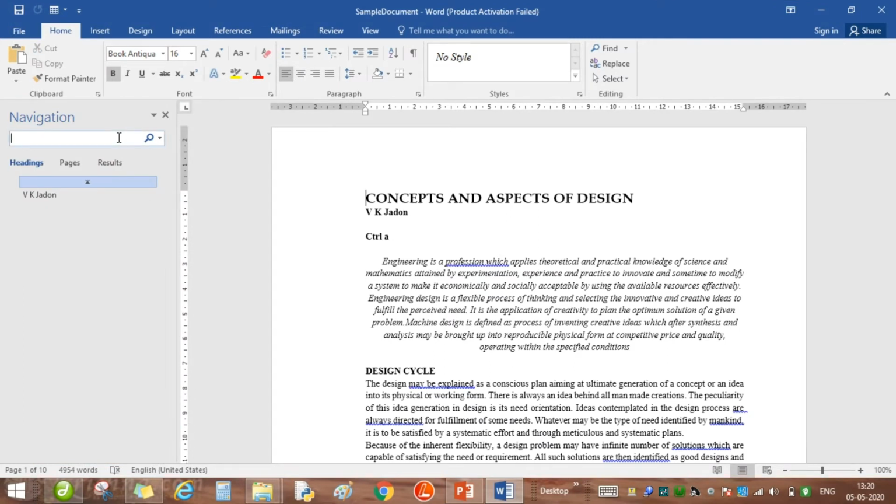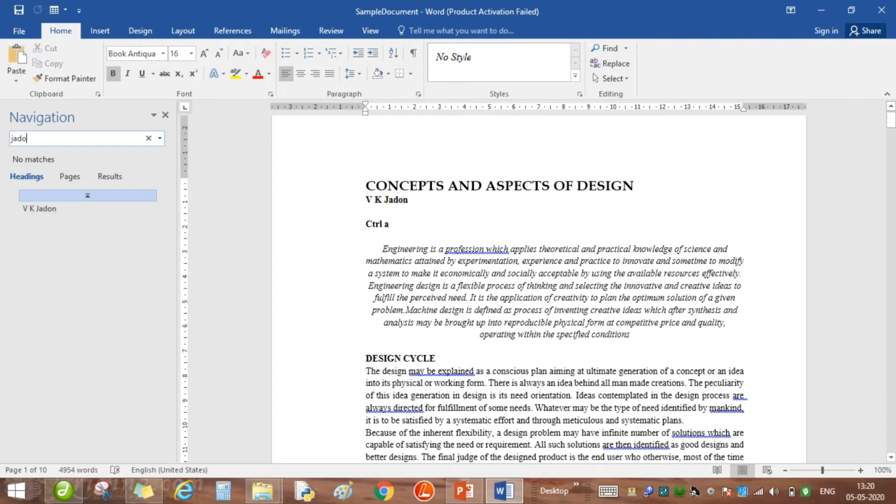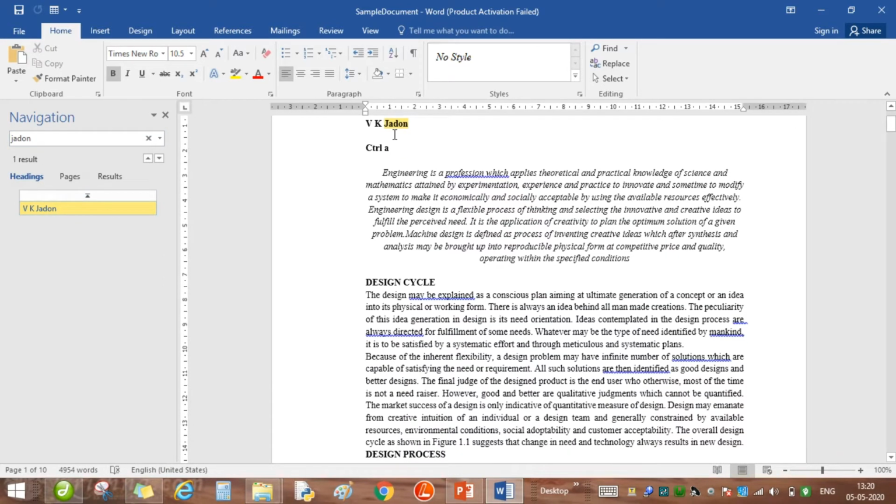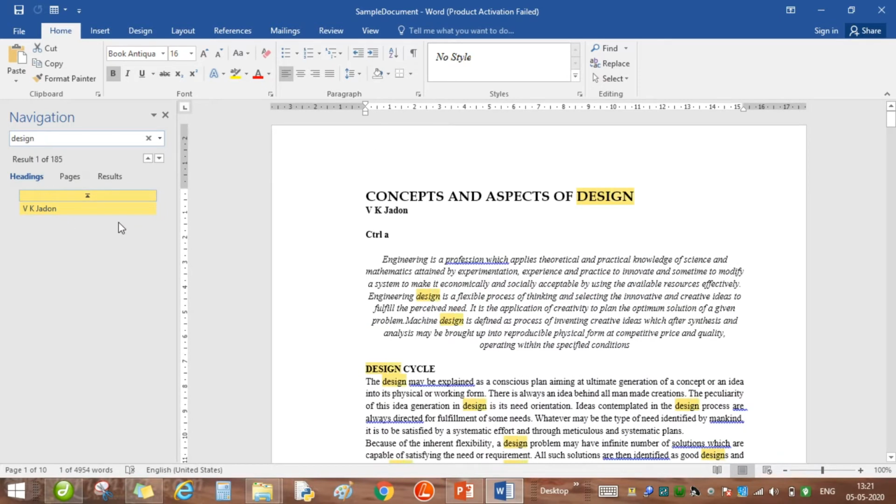I can search this if I write my name, Jadon, in the search box. I will get the result VK Jadon. If I click here, I get this result here. Suppose I want to find some other word, design. You will find that this word design is appearing here 185 times.